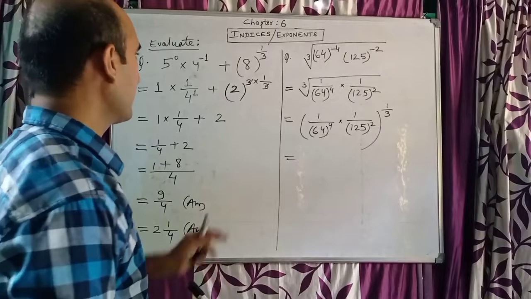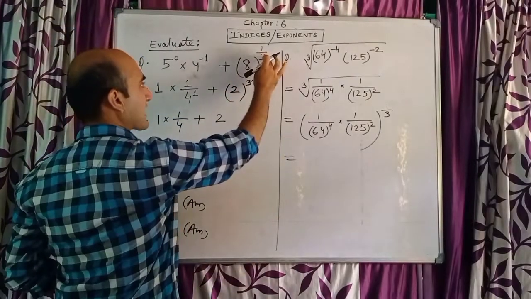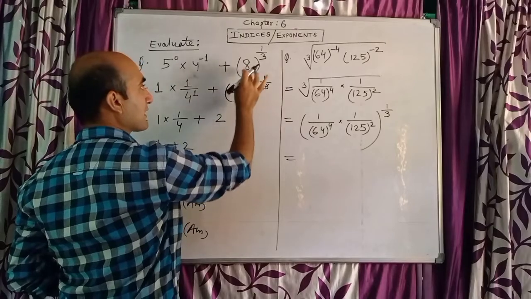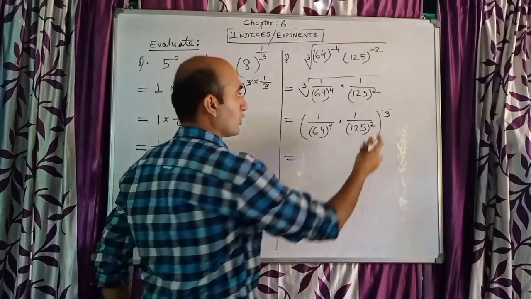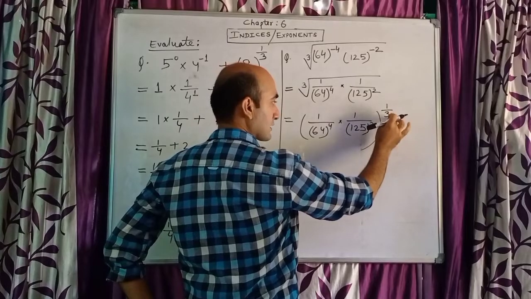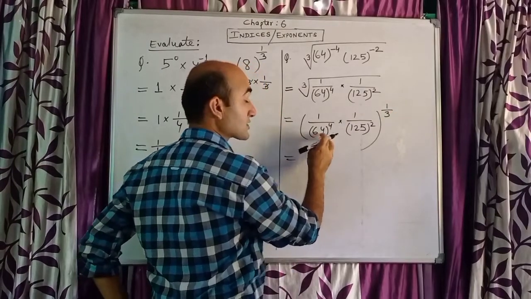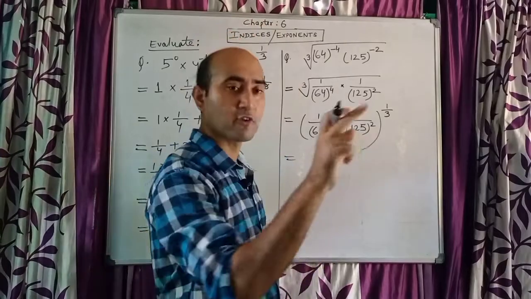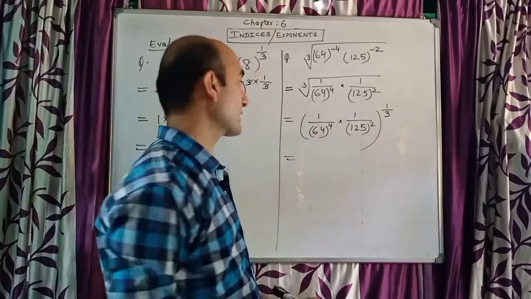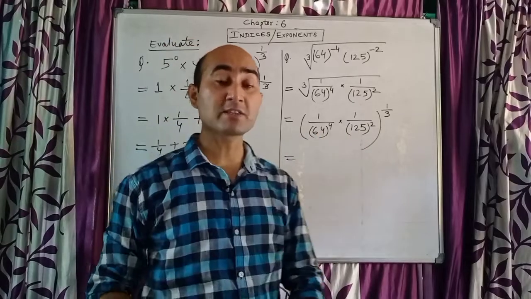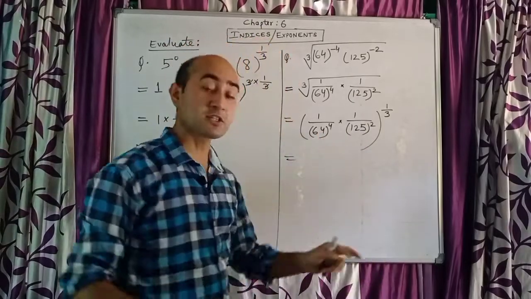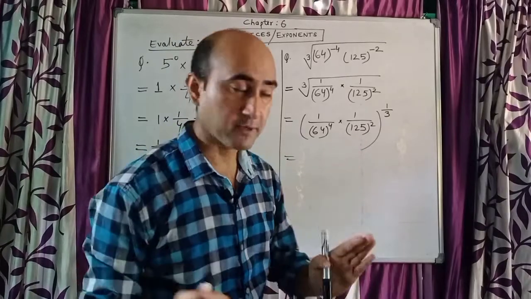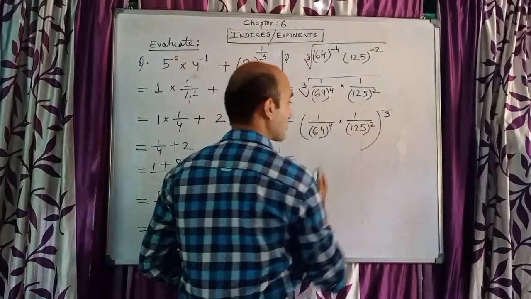Now so simple children, when you see a fraction power 1 by 3, look at the denominator and bring the same 3 from the interior number. Look at this 3 and you can see 64 is 4 cube. 4 cube is 64. 4 4s are 16, 16 4s is 64. And 125 is the cube of 5. So 64 is the cube of 4 and 125 is the cube of 5. So that means we are getting 3 from these two numbers.